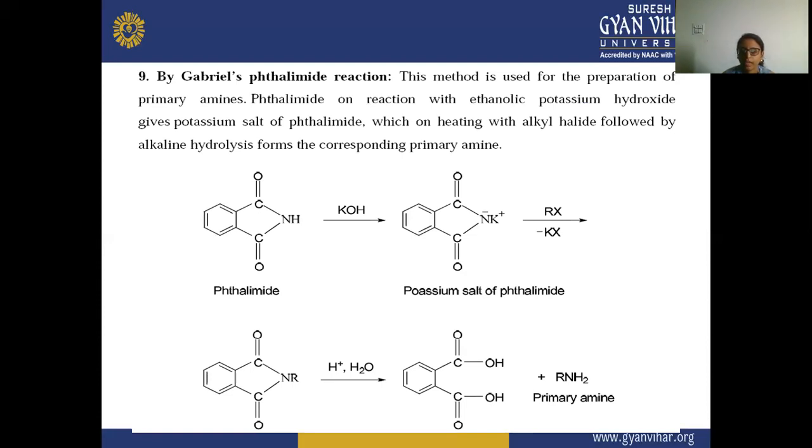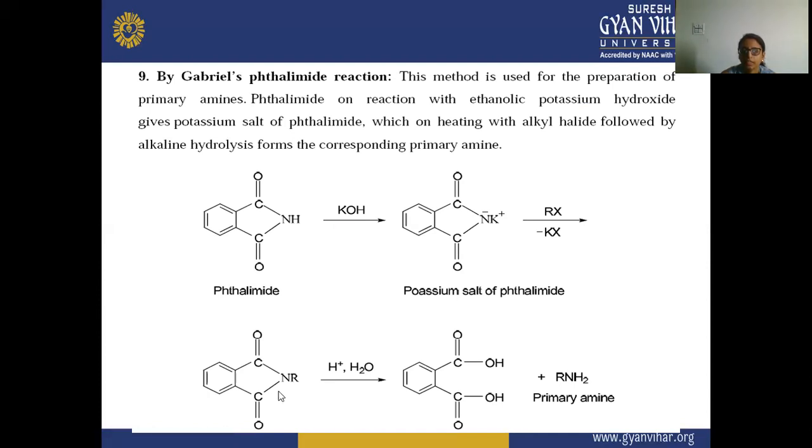KOH dissociates into K positive and OH negative, and this K positive reacts with the nitrogen, so there is an N negative charge and a K positive charge. So there is a formation of a salt, that is the potassium salt of phthalimide,